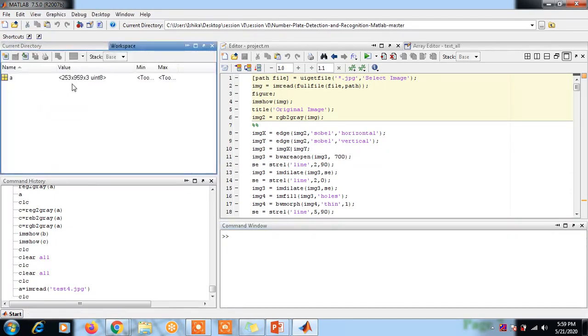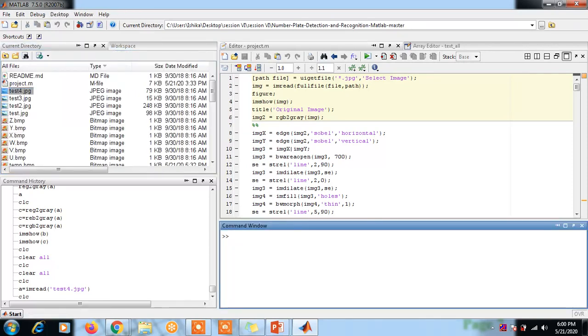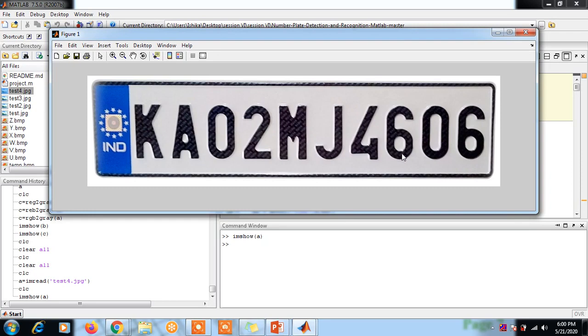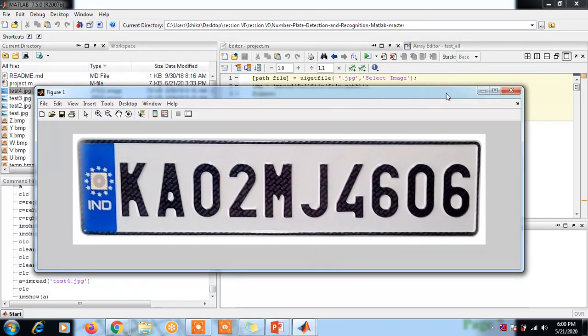Here in the workspace, 253 by 959 indicates the rows and the columns. Next one is the imshow function. We are using imshow in brackets with the name of the matrix. So it will show the figure stored as matrix A. Okay, closing that.